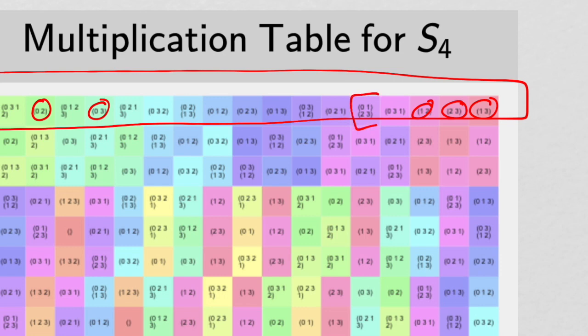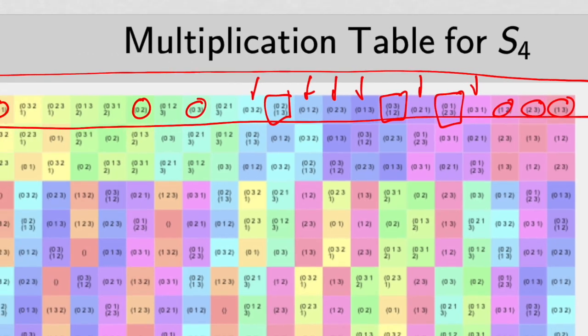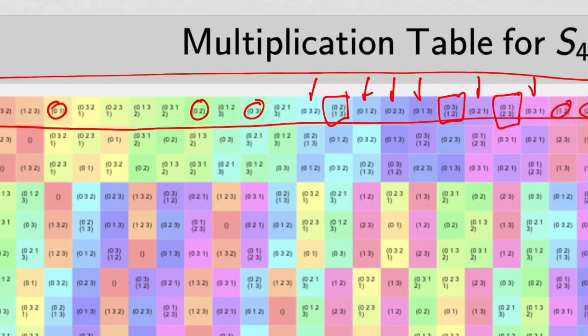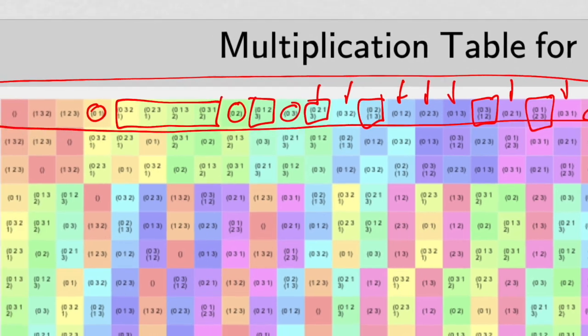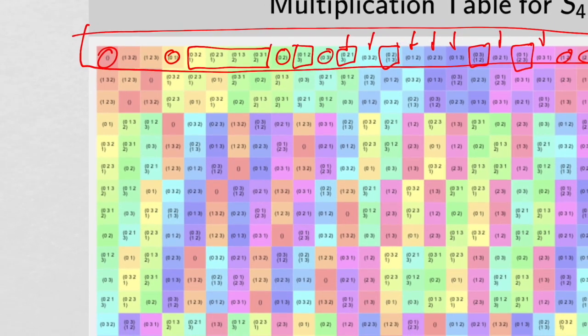And then here are the double transpositions that we were talking about. All of the possible double transpositions are in there. And then all of the possible 3 cycles are in here, right? And then we didn't talk as much about the 4 cycles, but there certainly are 4 cycles. Here's a 4 cycle, and here's a 4 cycle, and these are all 4 cycles. And so every possible element of the group is there, and this is the identity element. So the multiplication table is simply